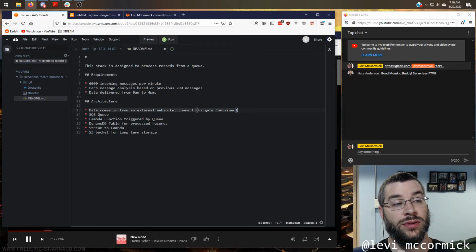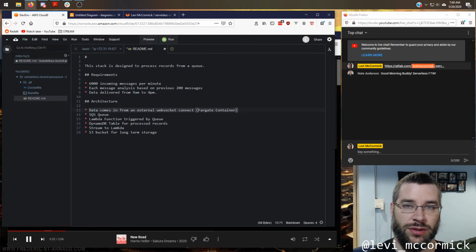Whatever we build to connect to that WebSocket and bring that data in, you can use some of the features of AWS to scale this up and down.